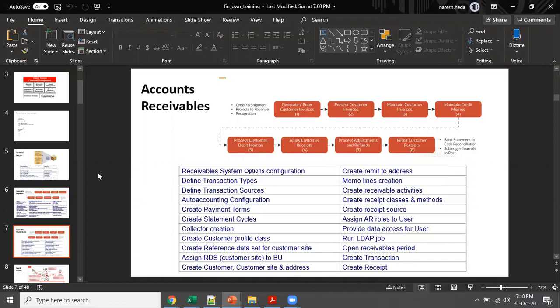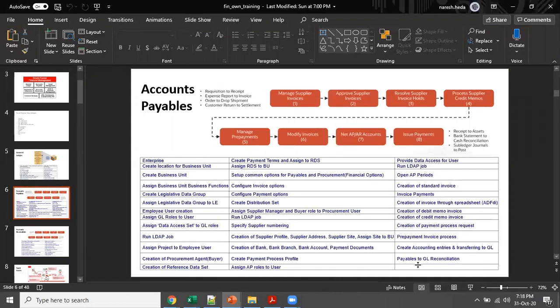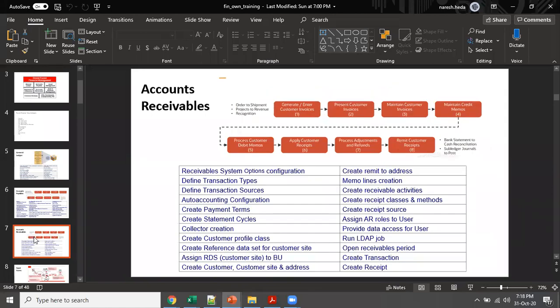There are two types of reconciliation. One is cash reconciliation, that is done between the bank and our ledger, and one is sub ledger and general ledger reconciliation. So what you were seeing here is sub ledger to GL reconciliation. Whatever transactions we have done in the payables sub ledger, are those correctly reflecting in GL, and whenever cash is recorded, are those matching with our books in Fusion. So we would be seeing it both ways in payables and receivables.